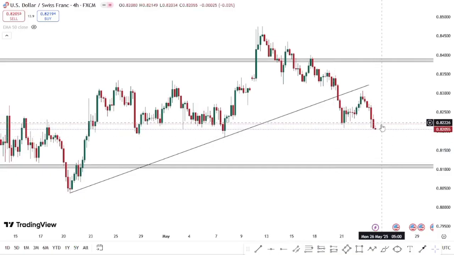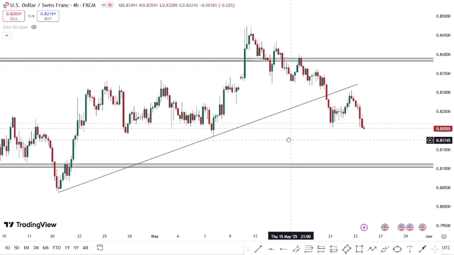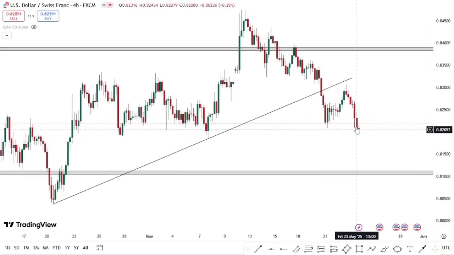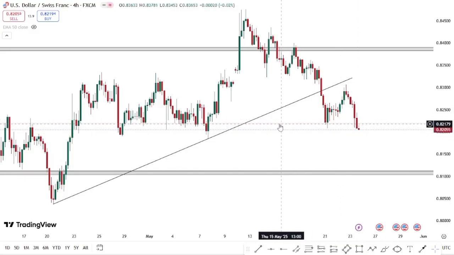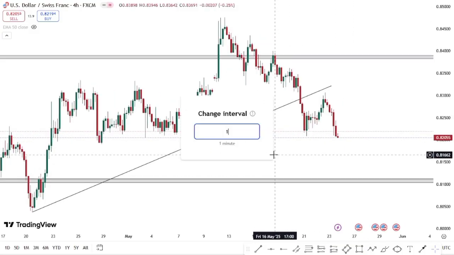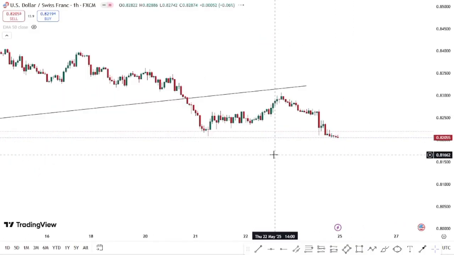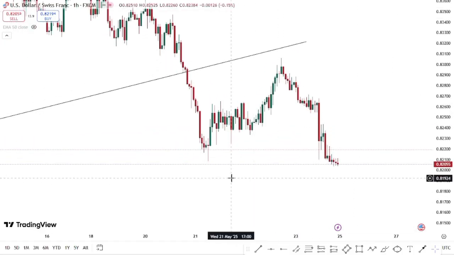If price should continue dropping from this zone, there won't be any means to enter the market. I repeat, if price should continue dropping from this zone, there won't be any way I'm going to jump into this market. Let me see if there will be a way on the lower time frame like the 1 hour,